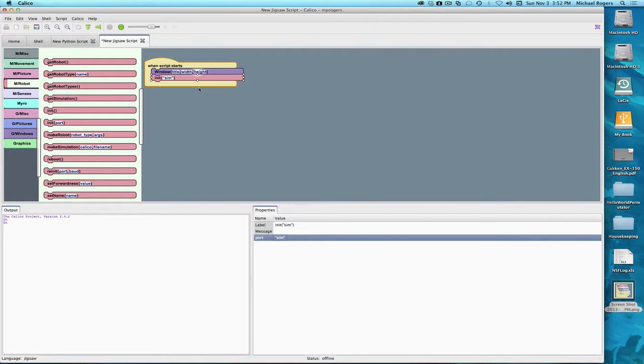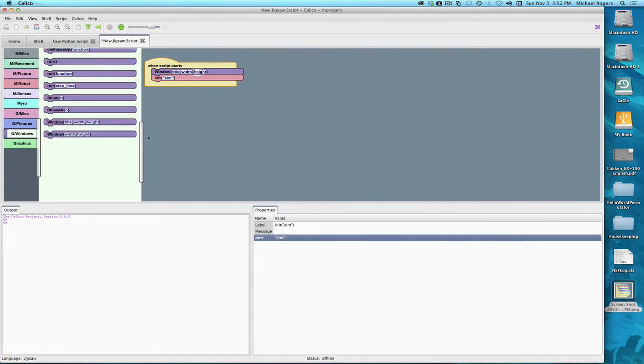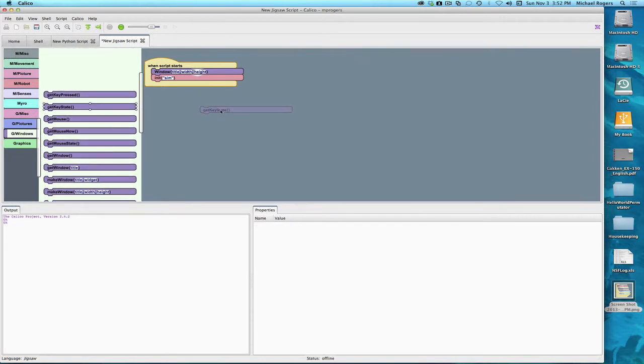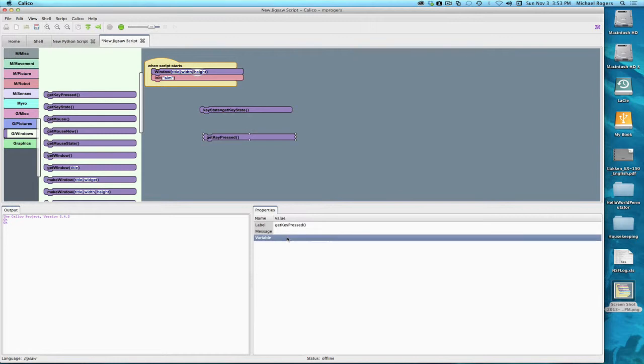Then we are going to use two blocks in the Windows tab. The first is called getkeystate, and getkeystate detects whether or not a person has pressed a key. If they have, it's going to report down, and if they haven't, it's going to report up. So we're going to use getkeystate and store it in a variable which we will call keystate, because that's pretty descriptive. And the other thing is we're going to use getKeyPressed. If the key state is down, then getKeyPressed will return in a variable the actual key. So we'll just call this